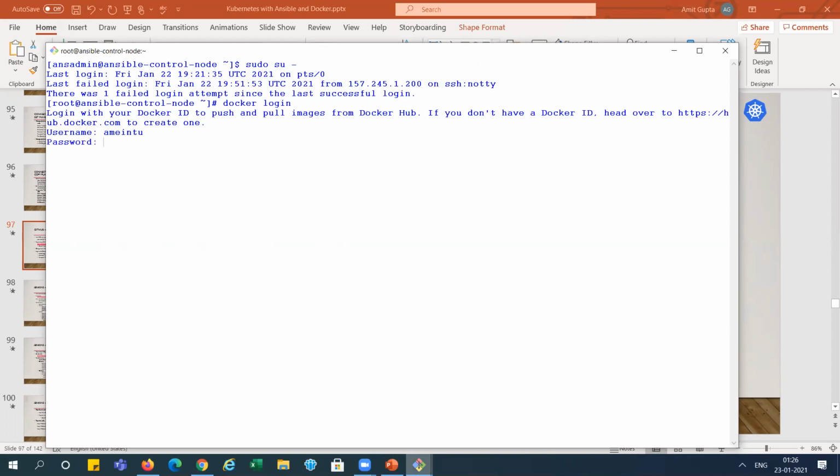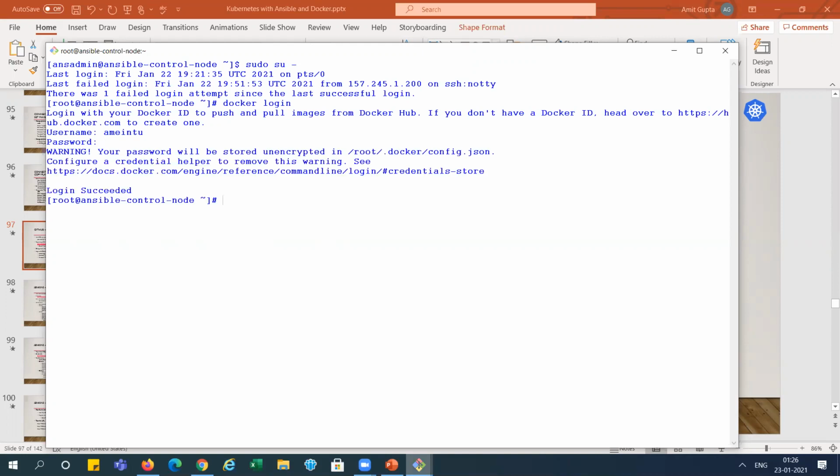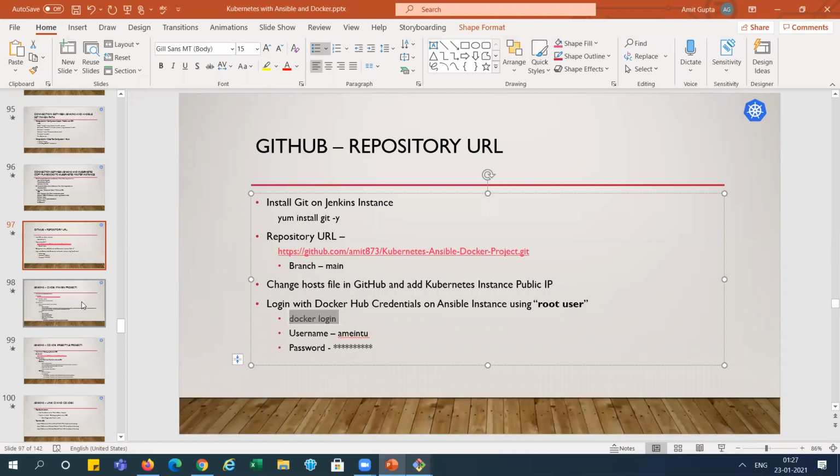Login successful. Why are we doing login here? When we create a Dockerfile in the Ansible system, we need to push the Docker image to Docker Hub. So at that time we need the connection, right? So for this reason, I'm creating it here. So we have done these steps.